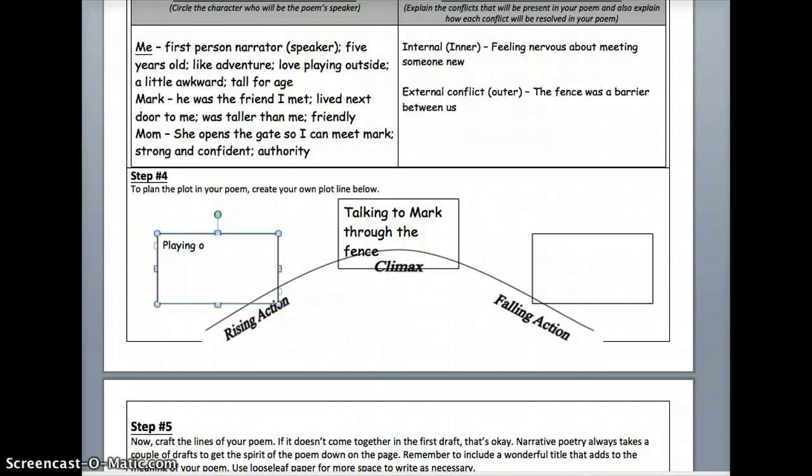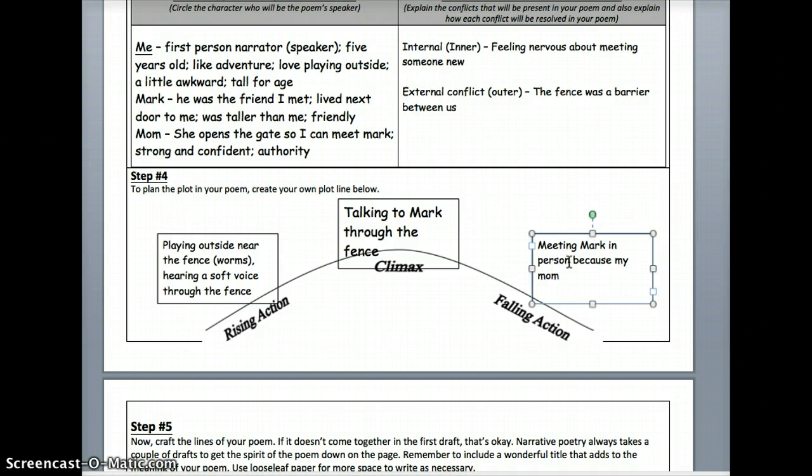This is really playing outside, near the fence. I was actually digging for worms. I'm going to put worms here so I remember that. And then hearing a soft voice through the fence is important because that's the initiating event. And from there, we move to the climax. And finally, the falling action would be meeting Mark in person